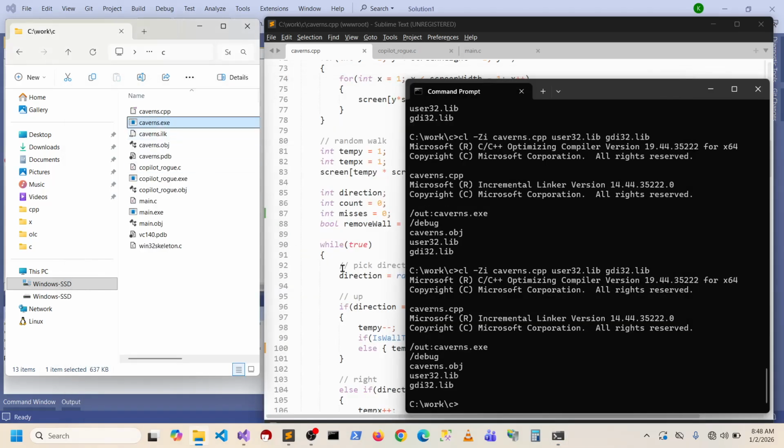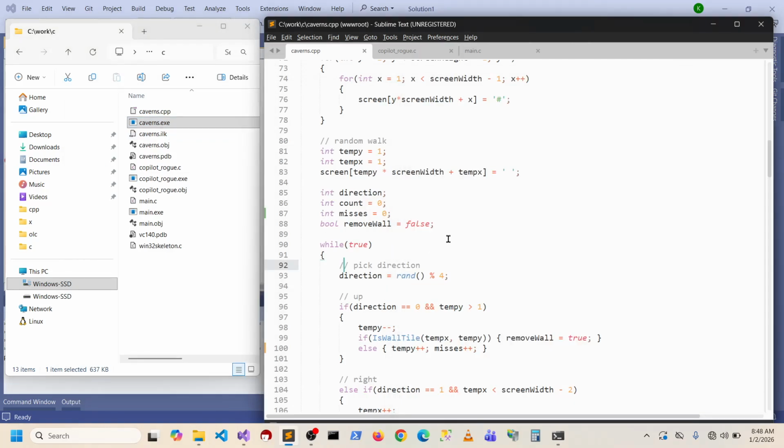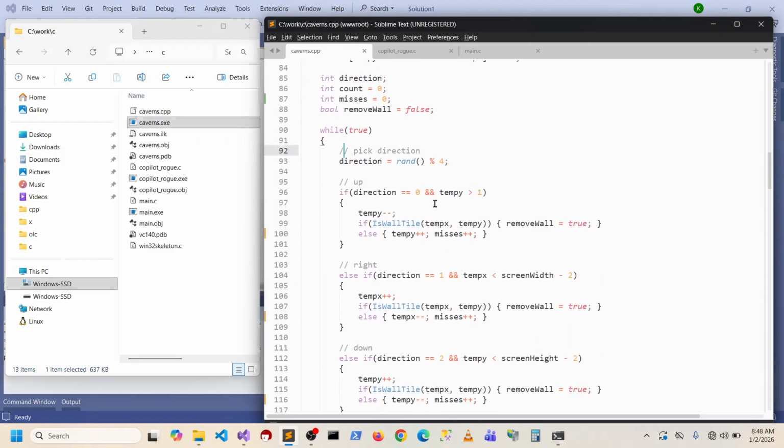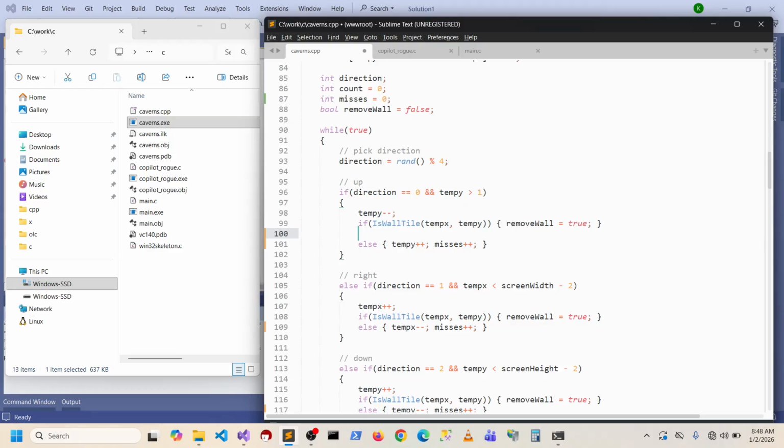Because it's also doing it if it's hitting up against the border, which shouldn't really count. Hmm. So what we could do, instead of just right here, we could put it in here. Let's just do this. Yeah, so if wall tile,